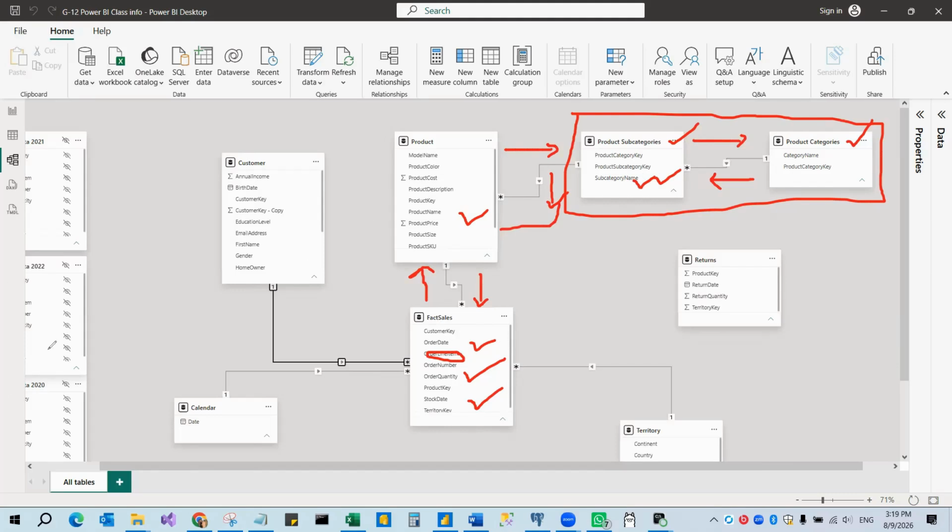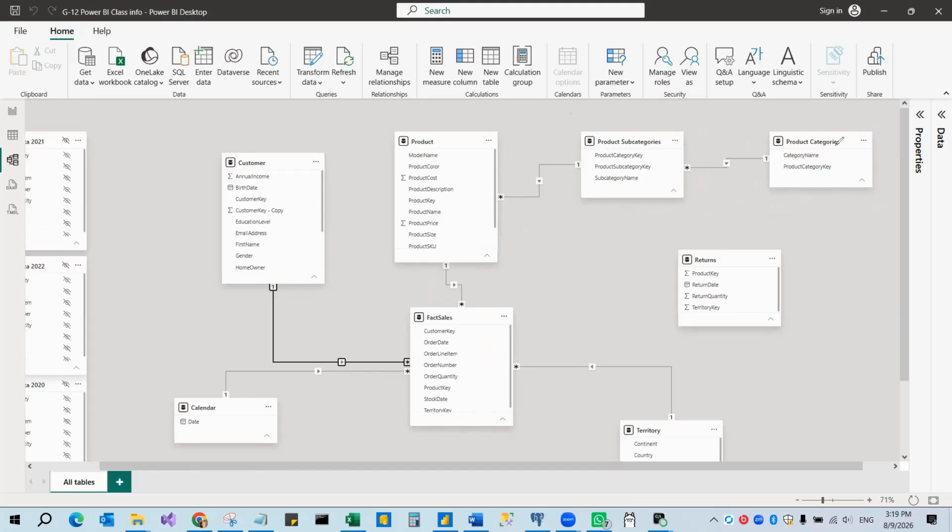Let me prove this. I'm going to show you product category and product subcategory. These two. You will see the data is going in this direction. Product category we have only four of them, and in product subcategory each category has a number of them. So these are the two tables, product category and product subcategory. Now if you go to our visual over here,